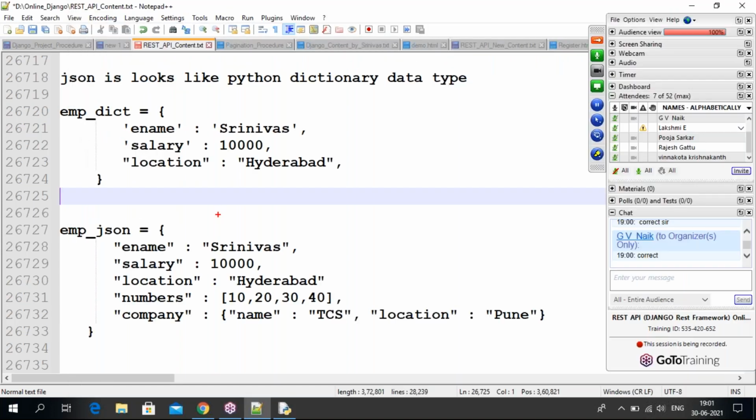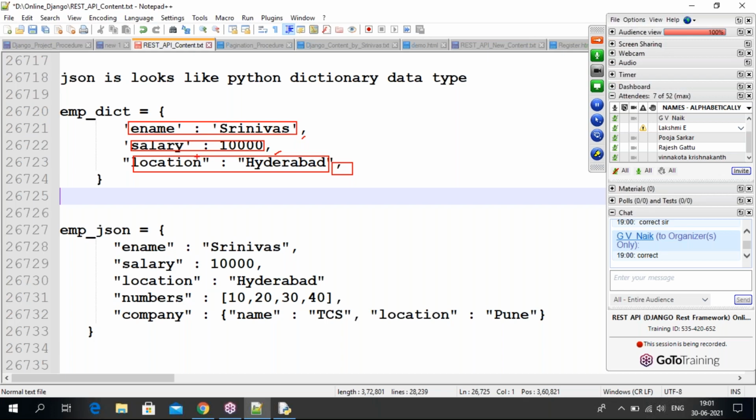So in a Python dictionary, guys, key and value are separated by what? The colon operator. Key and value separated by the colon operator. Okay, and both key and value pairs are separated by what? Comma separating. Okay, guys? So this is a key value pair. Again, this is one more key value pair. So every key value pair is separated by a comma. For the last key value pair, if you take a comma or not, no problem. Even though you take it, no problem.